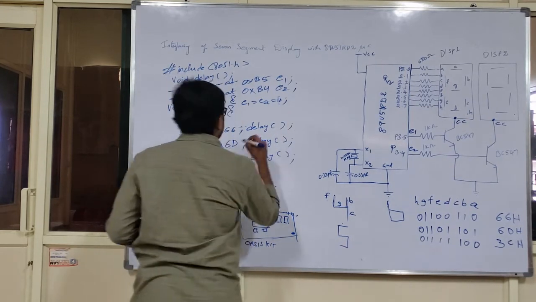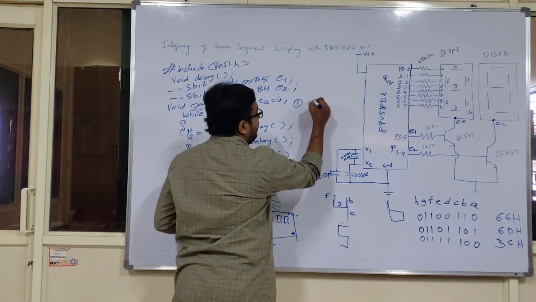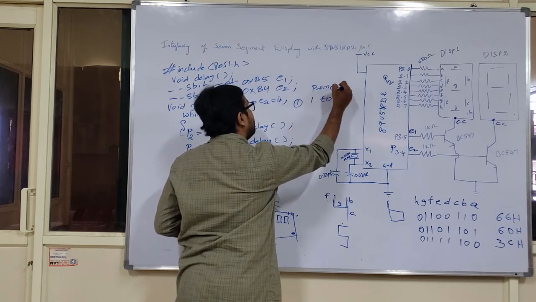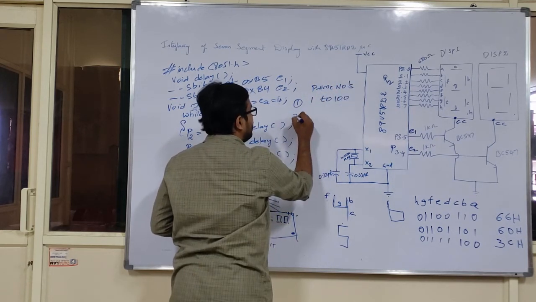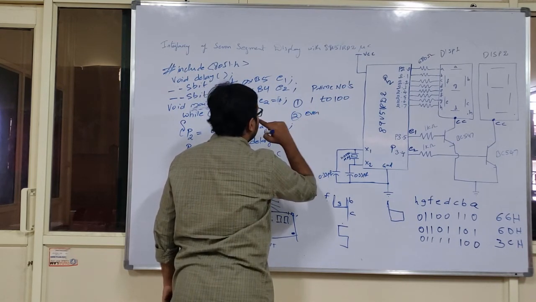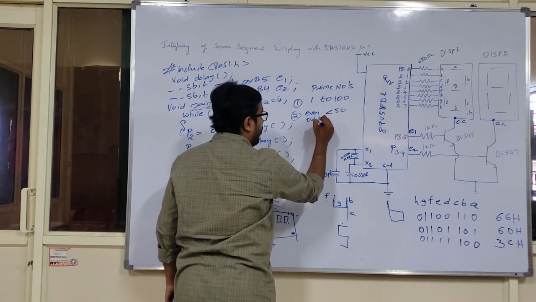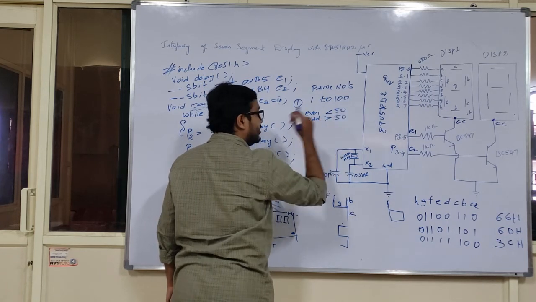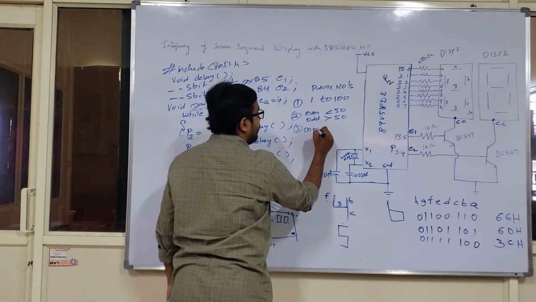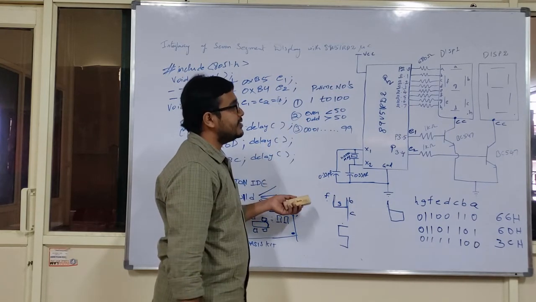Like if I assign you some assignments like display all the prime numbers between 1 to 100, you can develop this on your 7 segment display, and display all the even numbers less than 50, or all odd numbers greater than 50, or display all the numbers from 00 up to 99 on your 7 segment display. Like many assignments can be done